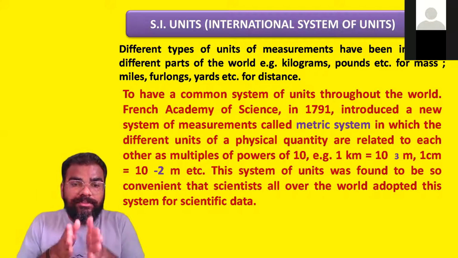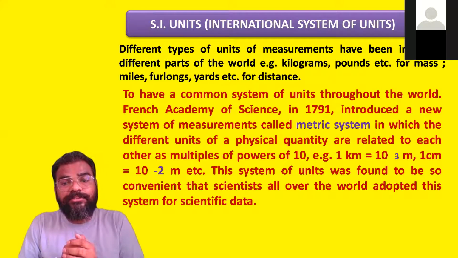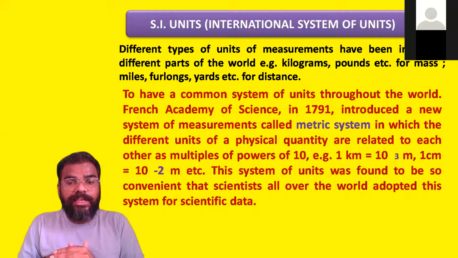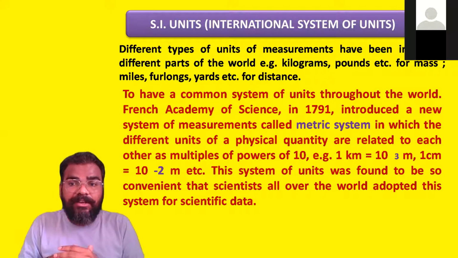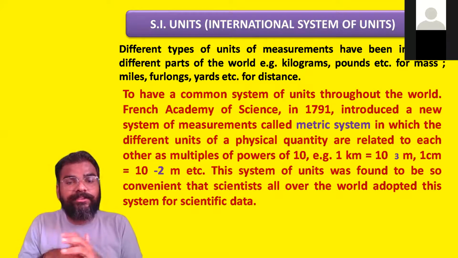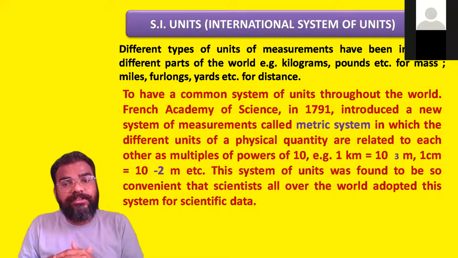Okay, so this was very easy, the metric system, and this system of units was found to be convenient for the scientists। Okay, all over the world adopted this system for scientific data। So wherever anybody is doing any research sort of thing, at that time they were using this metric system, which was given by the French Academy of Science in 1791।